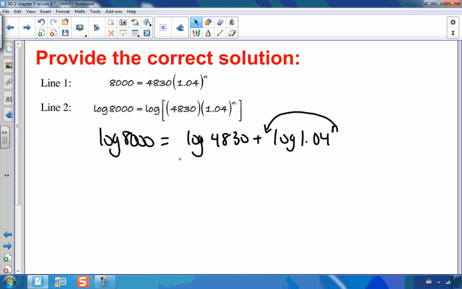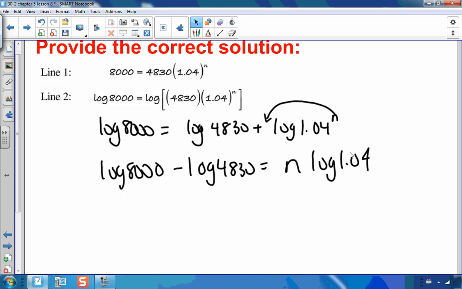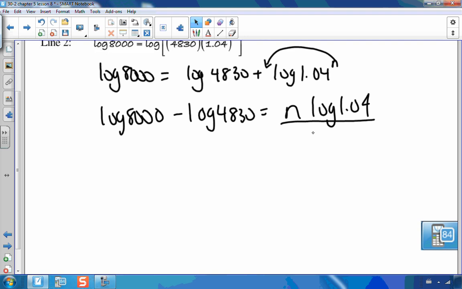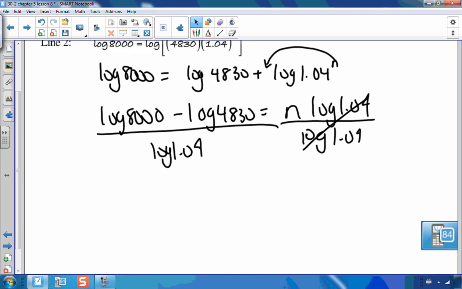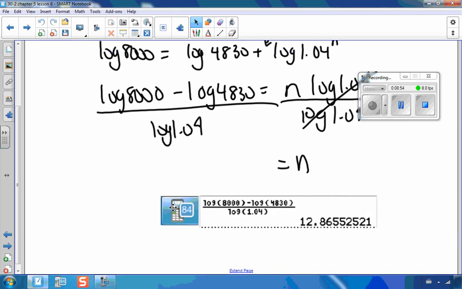So I'm going to subtract the log of 4,830 from both sides. Bringing the n down, I have this. Now I've multiplied n by a number, so I'm just going to divide both sides by that number. So n is equal to, now I can just put all of this into my calculator to figure out what my n value is. And I get